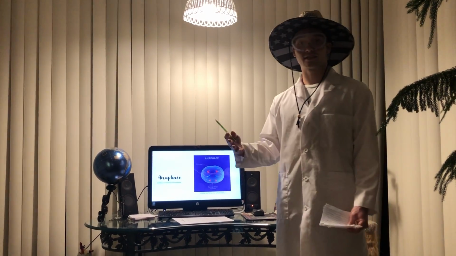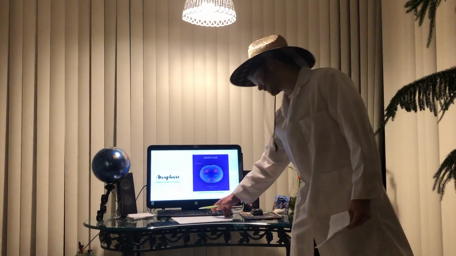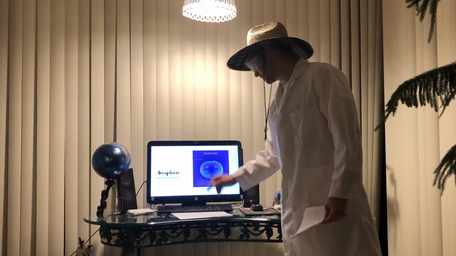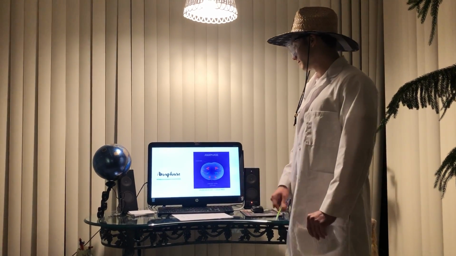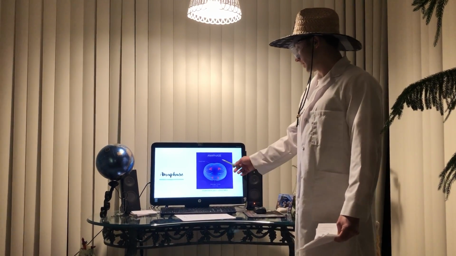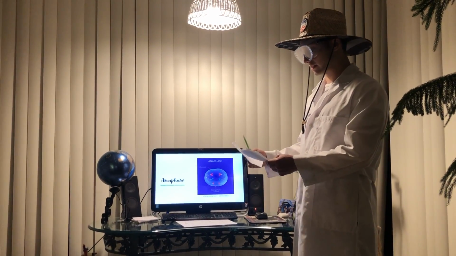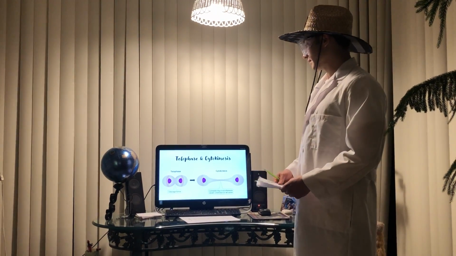The stereotypical chromosome look of the X's over here has now been split apart into their individual chromatids, and as we can see, the cell begins splitting apart over here, which brings us into telophase